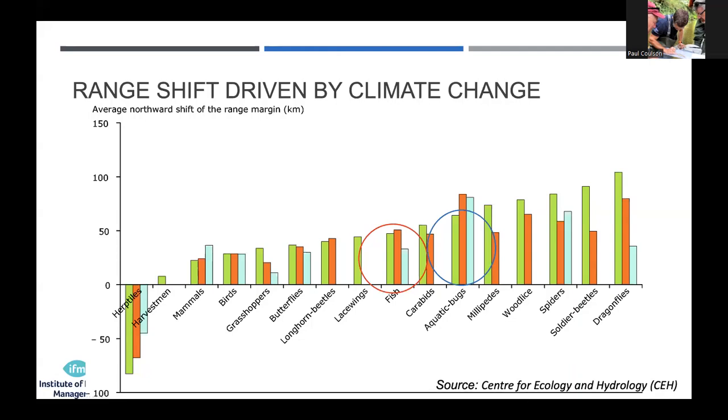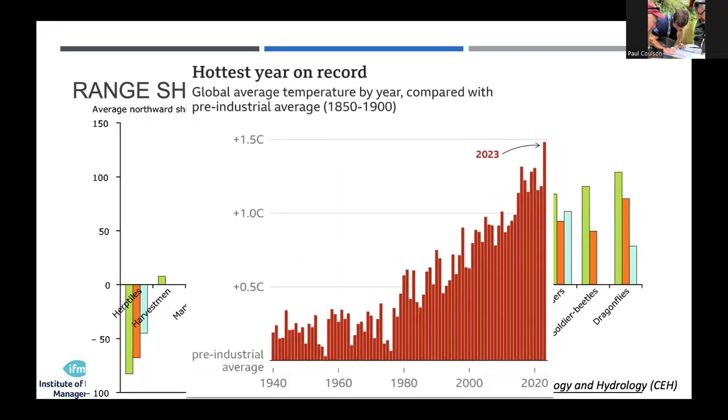It shows we were certainly further north. We can pick out the aquatic bugs, and the dragonflies over here as well. They're really starting to move. The fish are moving, and the animals they feed on, the aquatic bugs and invertebrates, are moving as well. So we've got to be conscious of this and try to minimize that as much as we can by maintaining a healthy environment within our fisheries.